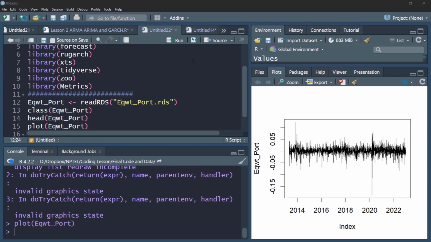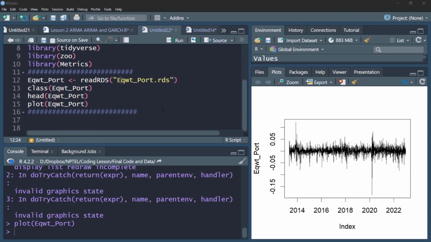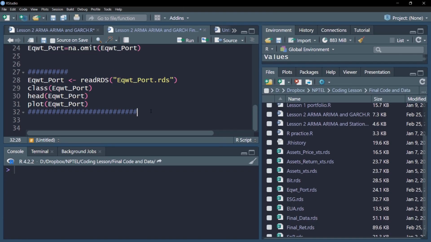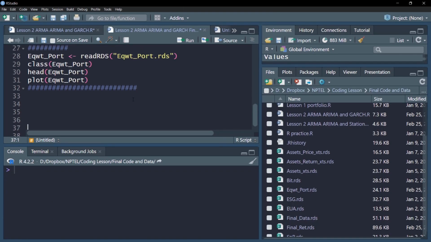This essentially is a combination of 4 series, which is one carbon market data, then cryptocurrency data, ESG fund data, and a broad market index like S&P 500. And I have taken their equal weighted, that is assigned them 25%, 25% weight. In the previous lesson, we constructed this data, and now we are ready to model with the ARIMA kind of models. In this video, we'll start with our ARIMA modeling process.